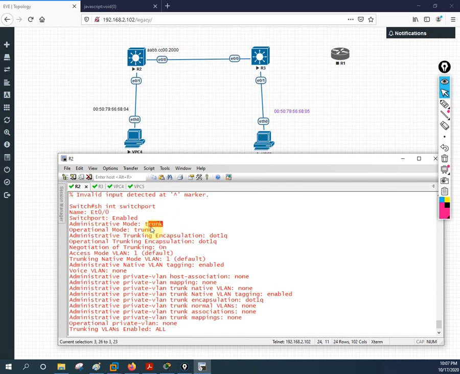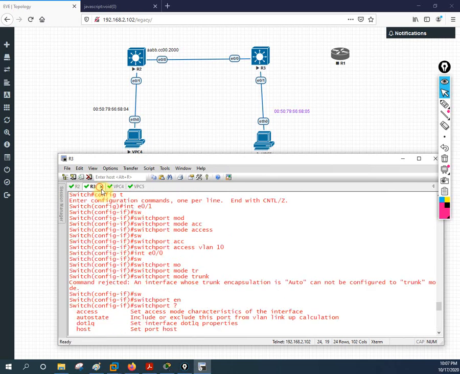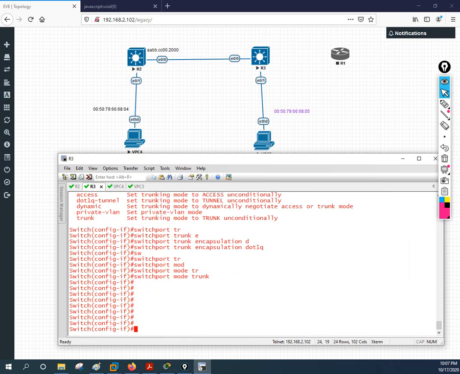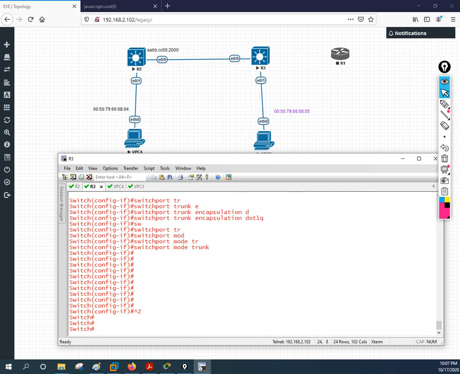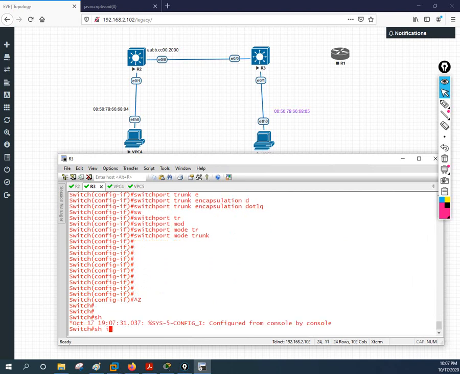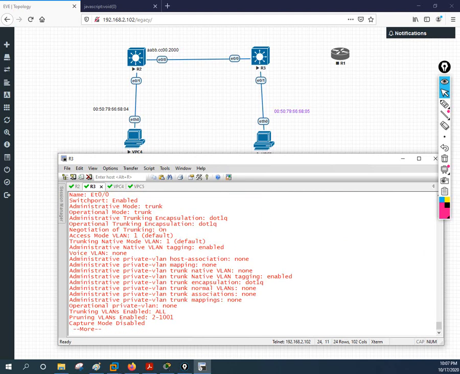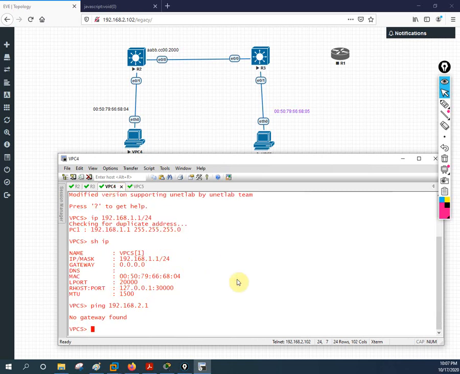Before it was access, now it is trunk. This one says the operational mode is trunk. If you go here also and write show interface E0/0 switchport, the operational mode is trunk. So now this is a trunk, so now you can ping.